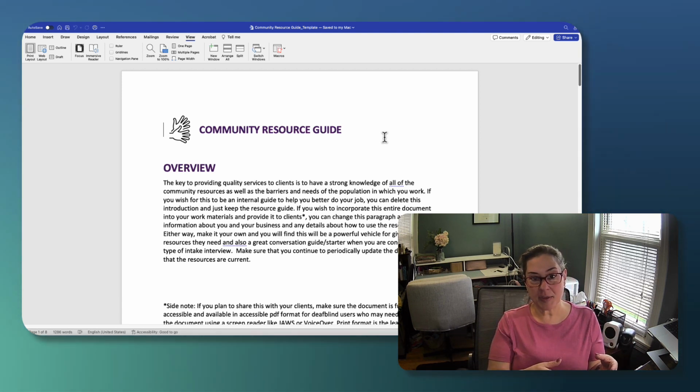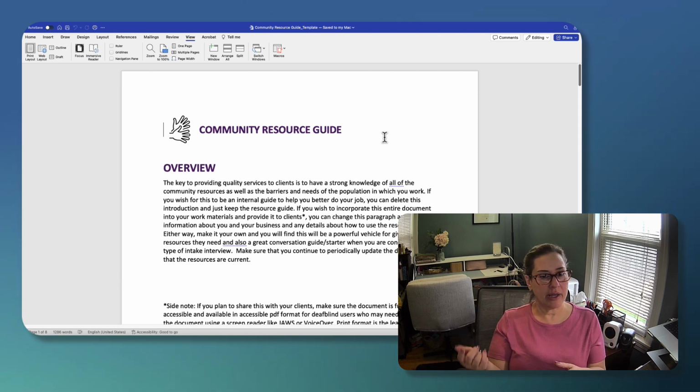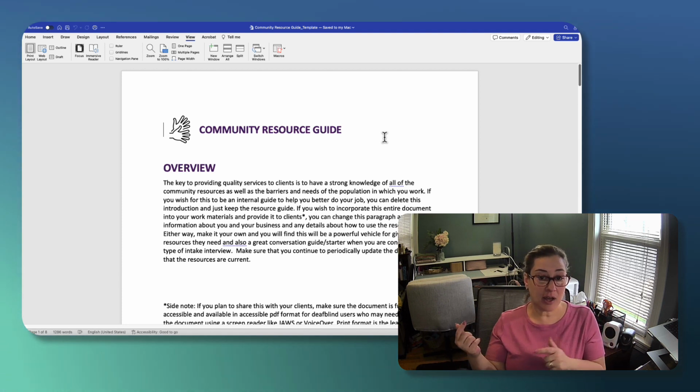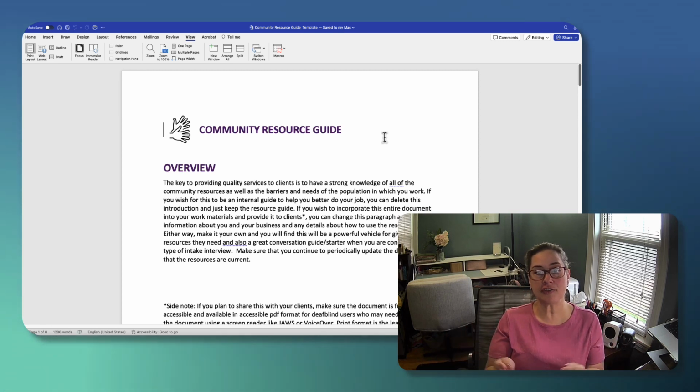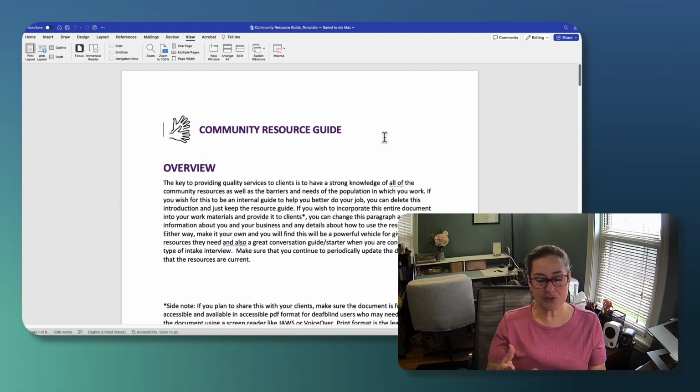Or is there anything that they picked up on that you're like, oh, I didn't even think about including that, and I want to also include it in my resource guide because I overlooked it, and I'm going to add that. So this is an opportunity to share with one another too, and anything that you might have missed, you can certainly update yours if you'd like to.